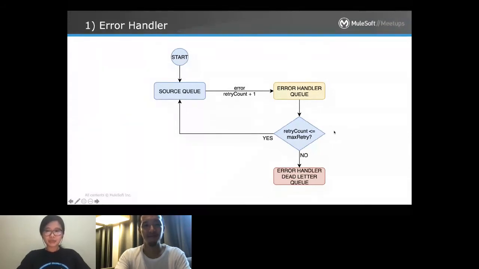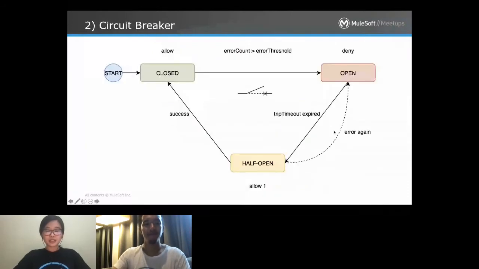The second approach we would be covering is the circuit breaker pattern. If you're not yet familiar with this icon, this is how we usually depict circuit breakers in our diagrams. In this case, the default state of the MQ subscriber would be closed status, so this line here would be connected. In case the errors we are monitoring are hit or exceed the threshold we have set, the circuit breaker would trip, it would get disconnected, and thus move to the open state.